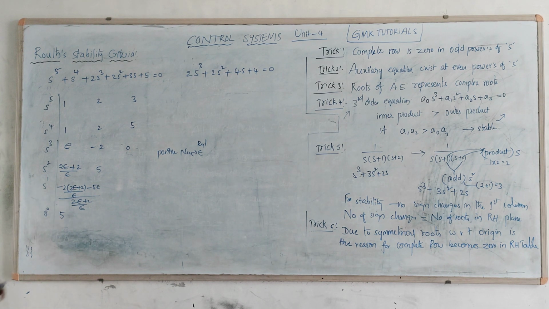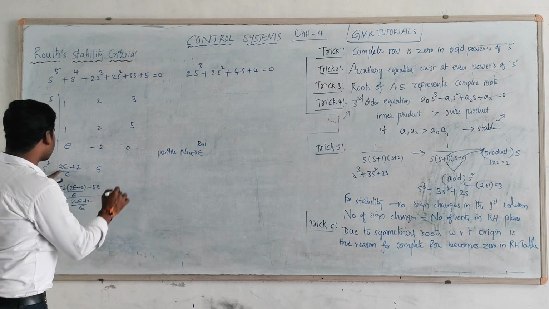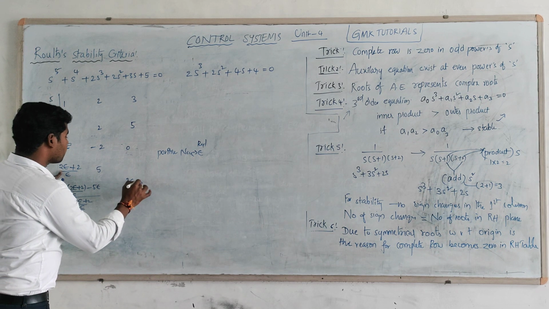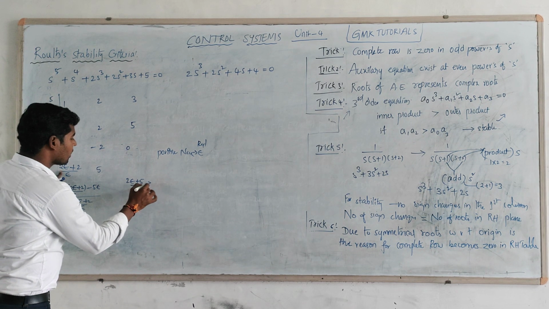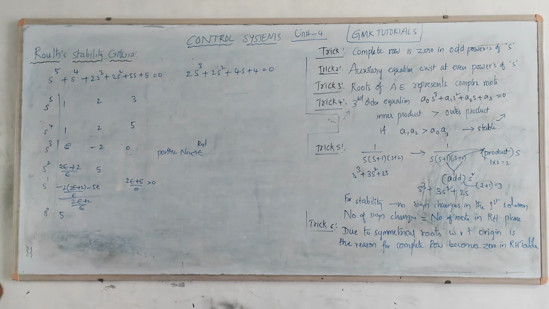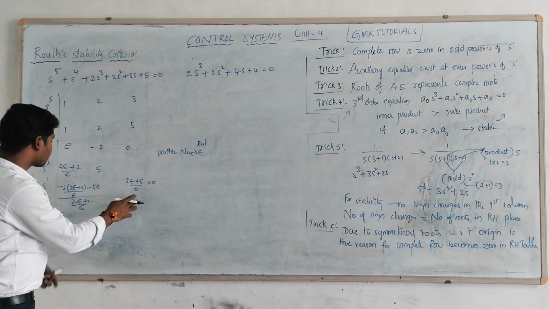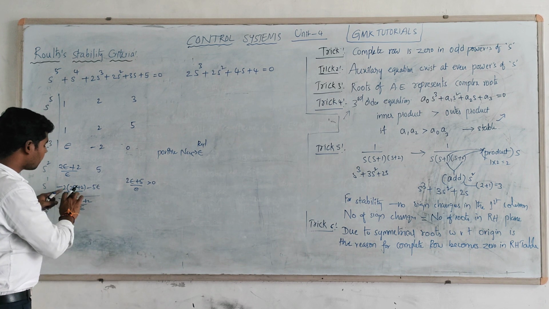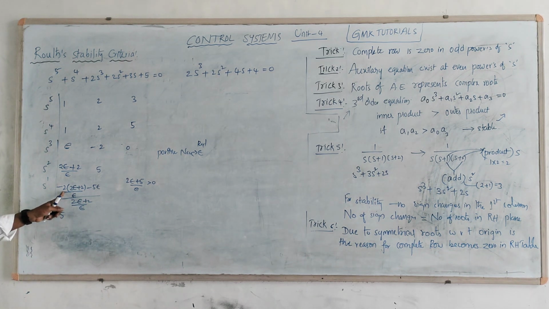Okay. So now if you want to find out the epsilon value, this is 2 epsilon plus 5 epsilon is greater than 0 in this consideration. Let it be thought of like this. Okay. If you are taking it as a greater than consideration, there will be a chance of validity for this one. Okay, now. So therefore, if you are replacing it, this is also one criteria. Or else if you are taking the complete equation, there is a possibility of one more epsilon value.